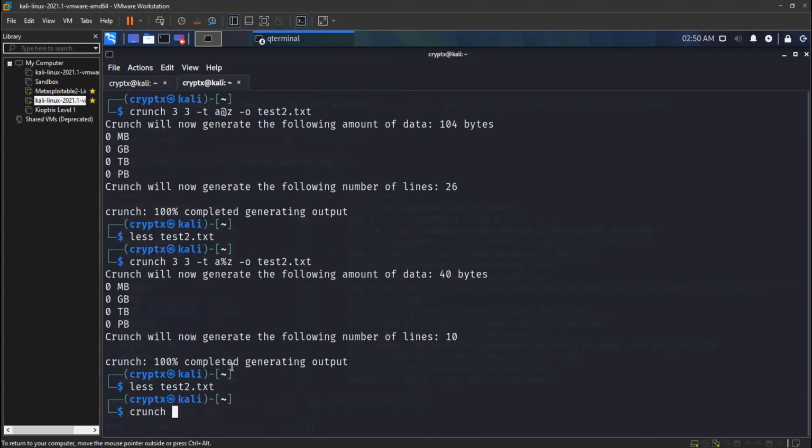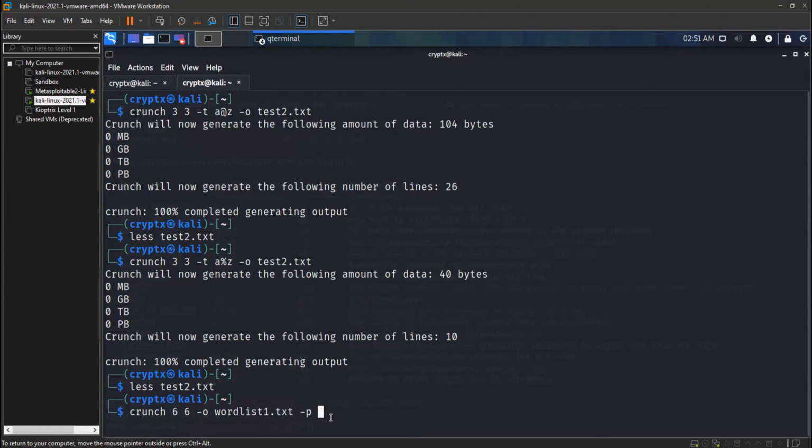Crunch, let's use 6 and 6 letters, 8 is too much. Okay, so now we'll enter the output, which is wordlist1.txt, and then we'll use the -p parameter.